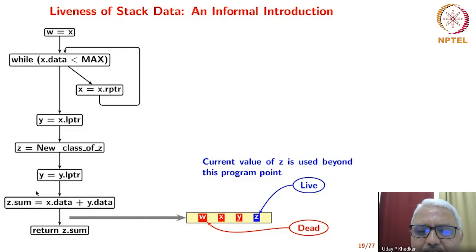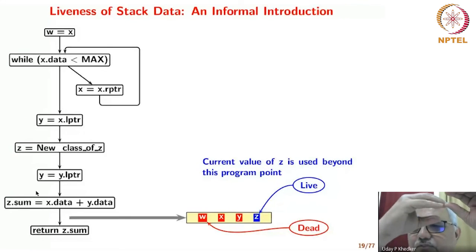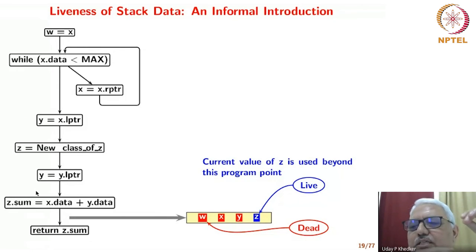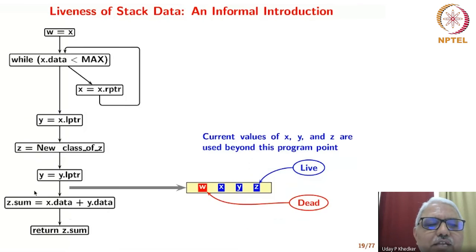So what this example brings out is everything that appears on Z on the left hand side of an assignment is not necessarily modified. We can read on the left hand side of the assignment as well, and we need to read Z. We need to read Z and then use that value of Z to add the offset of sum to reach that location represented by sum. And therefore, Z is actually live. And what we have here is X, Y, Z, all of them are live.